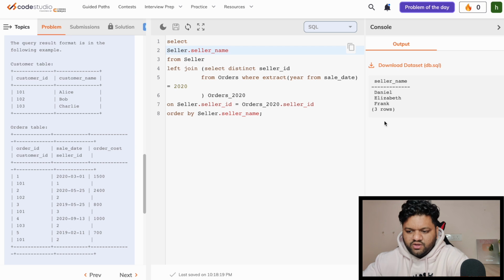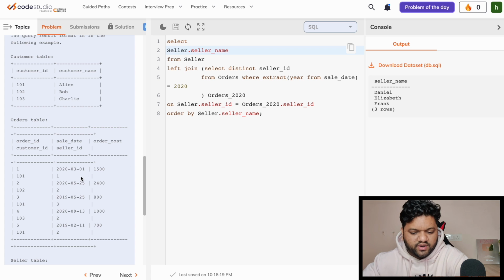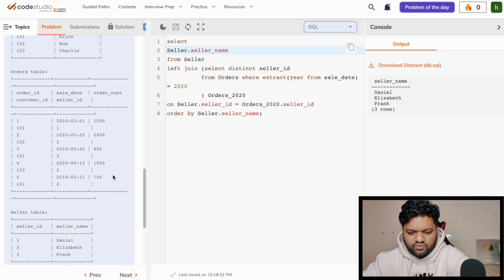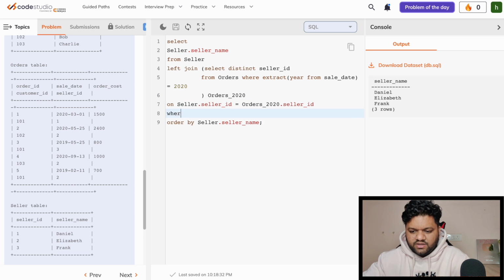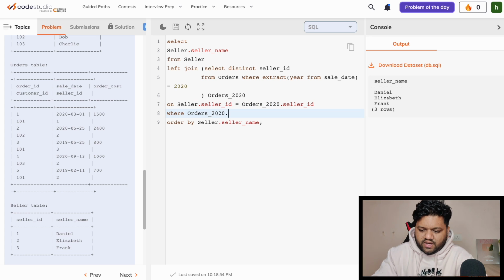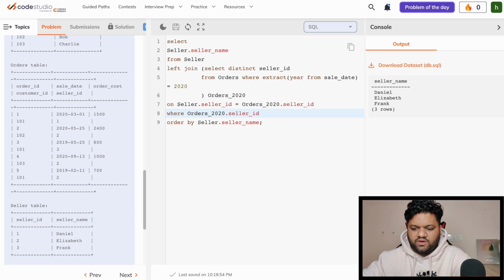Alright, so here we are getting all this data because we didn't filter out, we just completely joined it, and we need to apply the filter condition after the joining part. Means we are only concerned about those sellers which didn't get any kind of order. So how we will be doing it, we will simply do the where part here, and it will be like order 2020 dot seller ID is null,